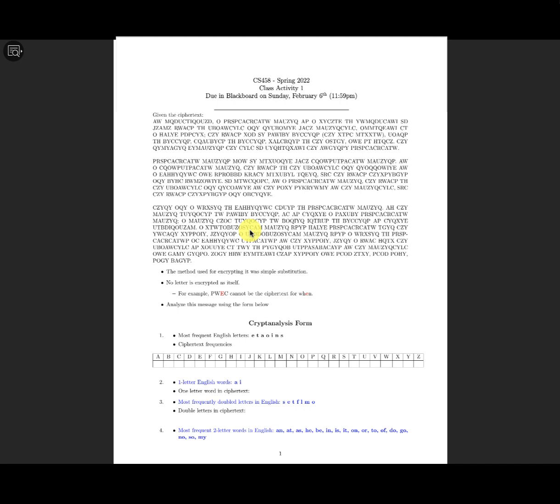You have to decrypt them. You are going to use what's called cryptanalysis. First, you need to find the most frequent English letters. In other words, you need to perform what's called letter frequency analysis. You need to count the occurrence of every single letter from A to Z in the ciphertext. How many A's, how many B's, how many D's. By the way, that's just an activity, okay? I will give you 1 point if you finish this one. If you don't want to do this one, it's yours. It depends on you, okay?